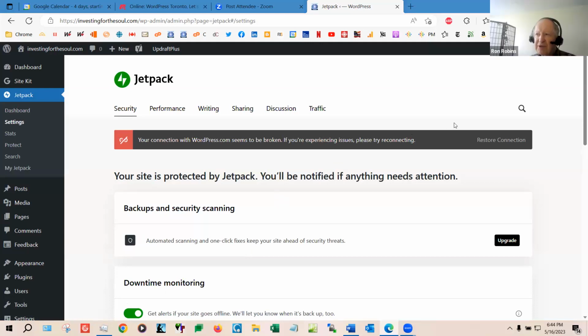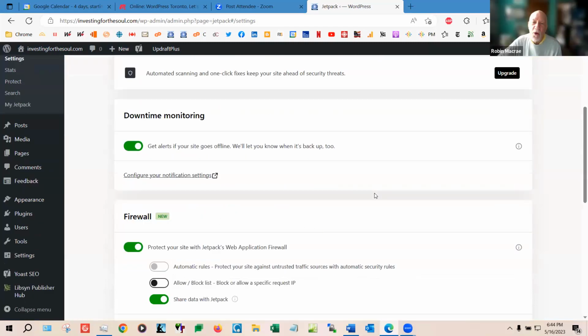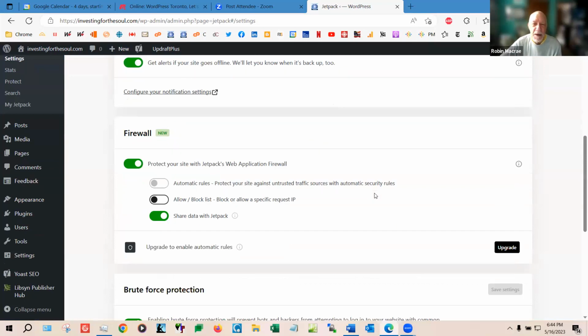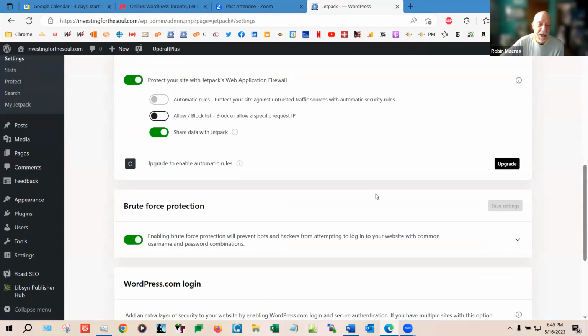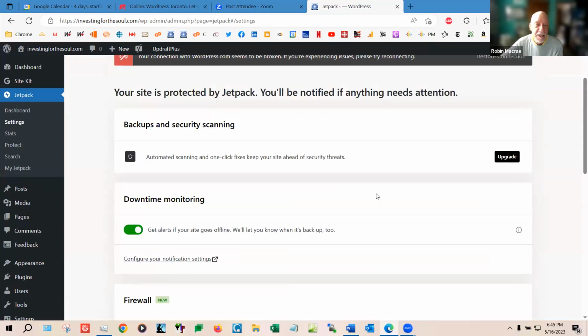Do you want me to restore connection there? Let's leave that for now. Let's just scroll down. Although, Drew, if it turned out that for some reason that was an issue, maybe we should start with that, because if Jetpack's doing something when you're disconnected, it can't update itself, right?